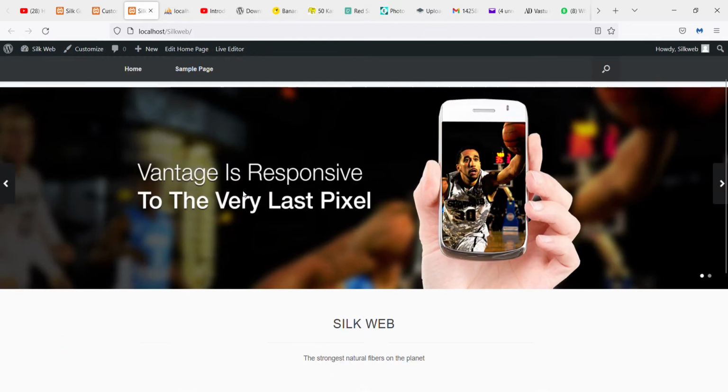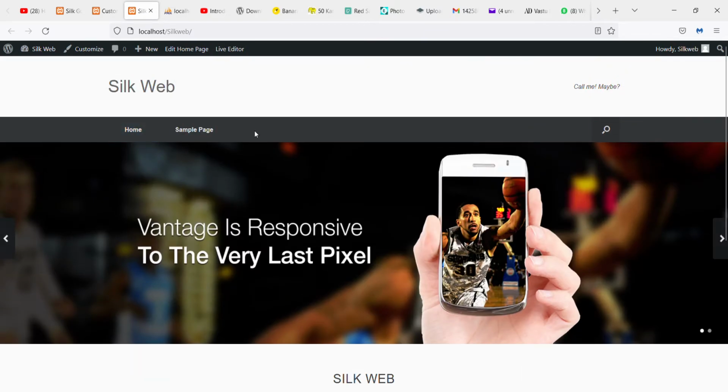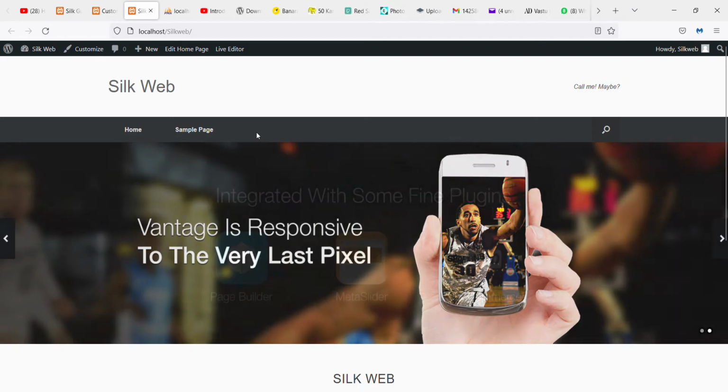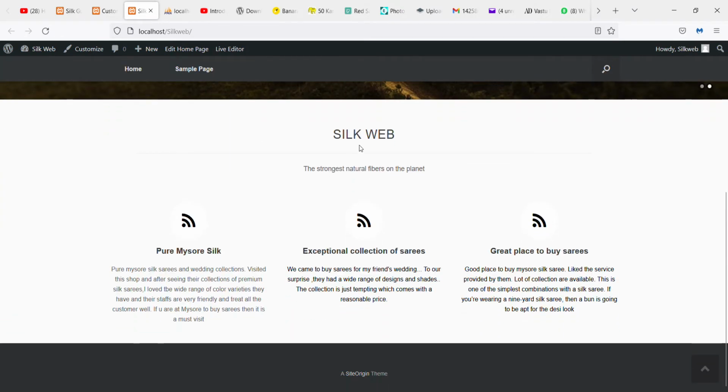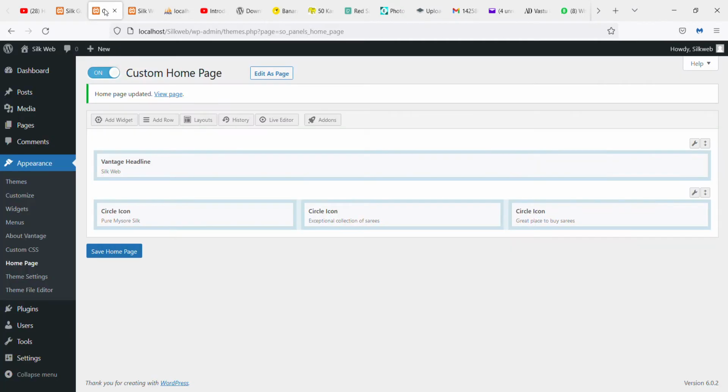So here this is the sample homepage for this Vantage theme. We are going to modify it, and presently you are able to see the Silk Web and the subtitle we kept and the three circle icons that we kept. So if you want to add some margin to it, you can also click on the edit button